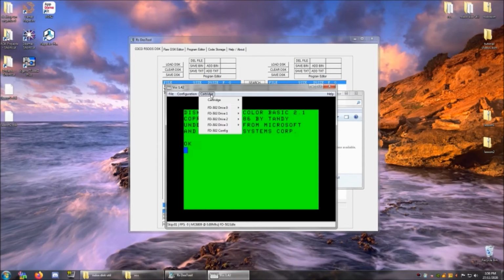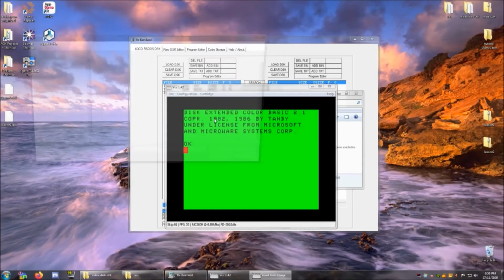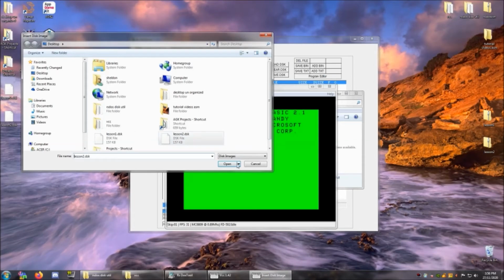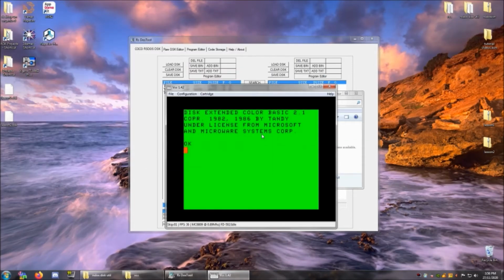Okay, so now I'm going to unload the disk image that I had. I'm going to insert disk 2, or lesson 2. So we can type DIR to see our file in there. Load test ASC